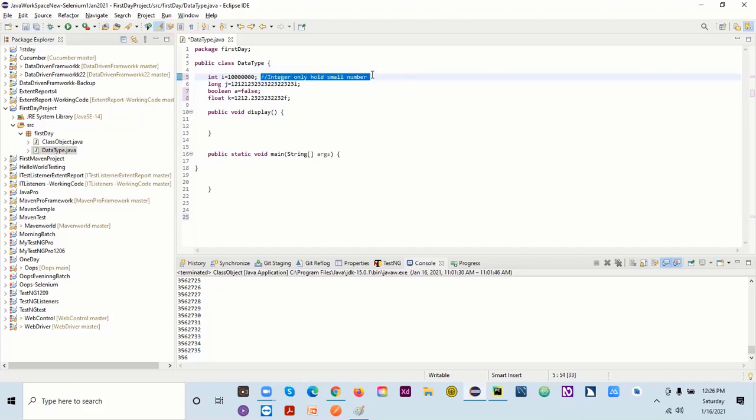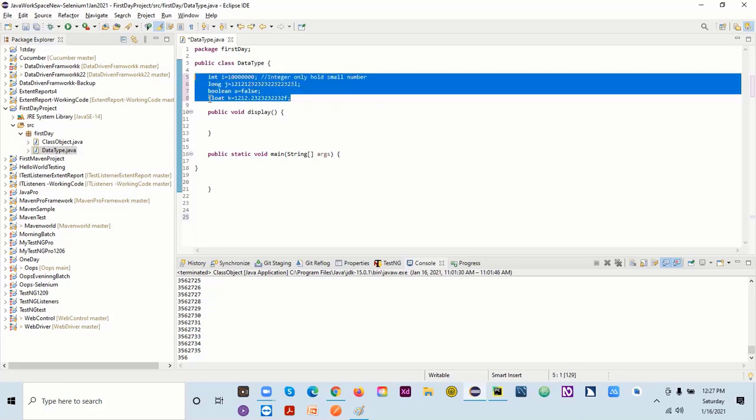This is for other people's reference: what is integer, what is long, what is boolean and all that. So we use // only for commenting, to make it more readable.